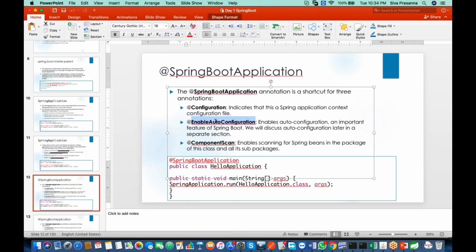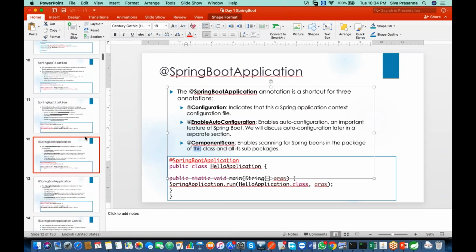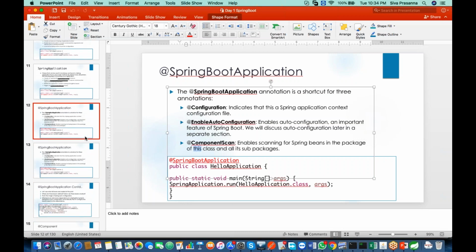What exactly is enable auto configuration? What is auto configuration? What is component scan? You need to know all these things if you really want to understand the internals of how Spring Boot is working. Once you know this, whenever you see an error... the challenging part is debugging. If you know the internals well, you will be able to debug efficiently. If you don't know the internals, then